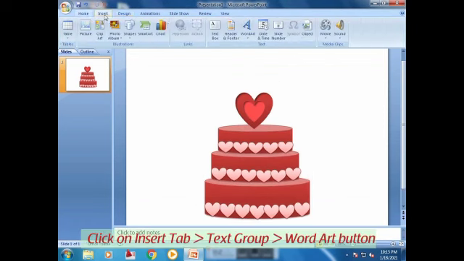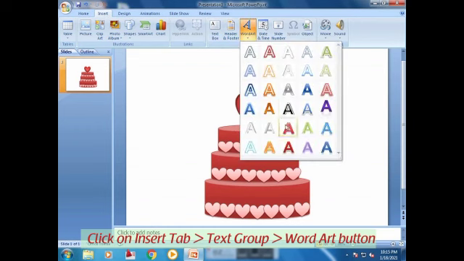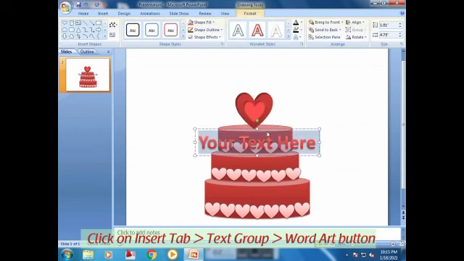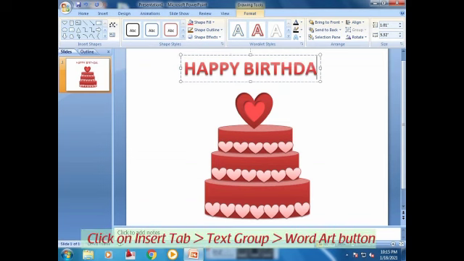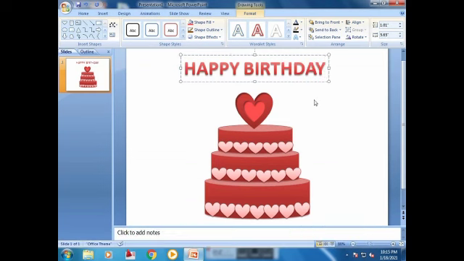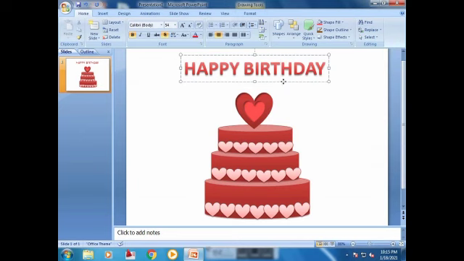Click on the Insert tab, Word Art button from text group to insert a word art style name. Type your text, for example, Happy Birthday. Select the text.